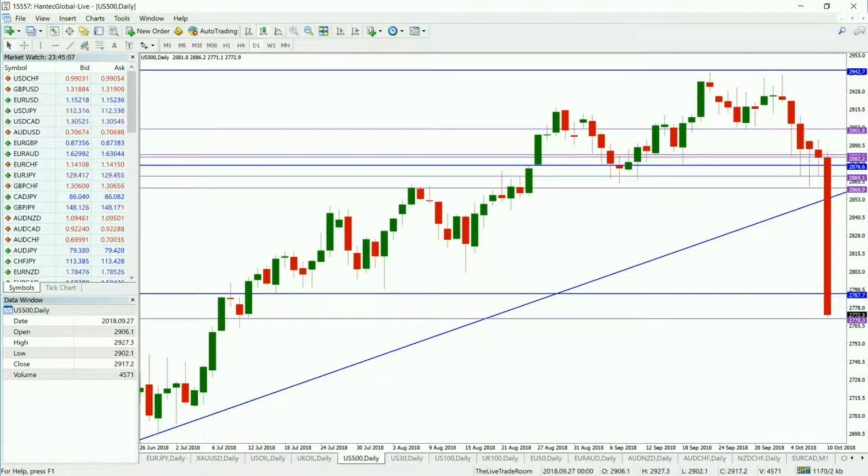Now, saying that, most significant sell-offs have been bought back pretty quickly over the last few years, so they never seem to last for very long. So do bear that in mind. We're at this tentative phase right now due to global trade talks between the US and China, and tit for tat